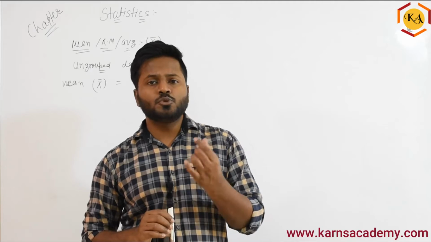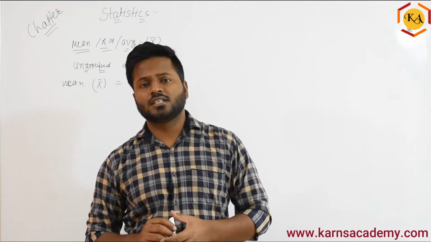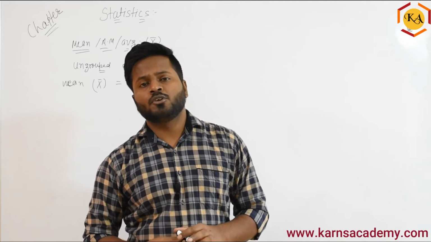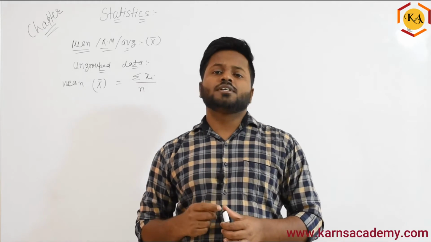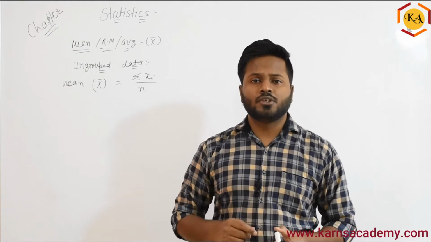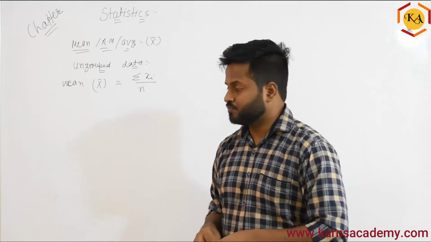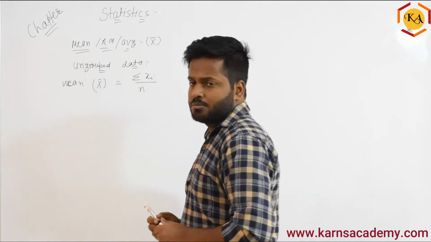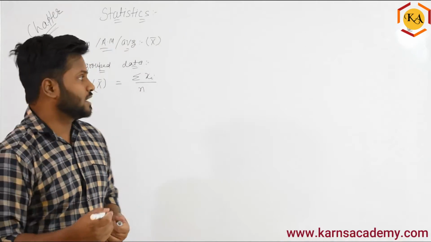So whenever there are a few data points which are very far from the other data, we will not be able to apply the mean. Mean will give you the wrong result. That time we will go for the median, that we will see later, right? So let's see one example for this particular thing, how exactly it is happening.